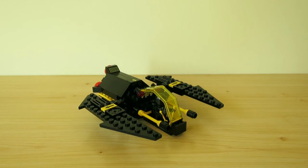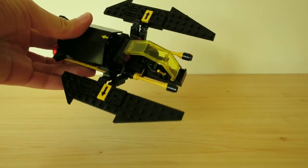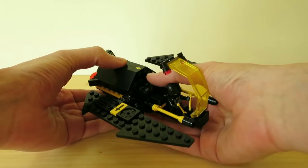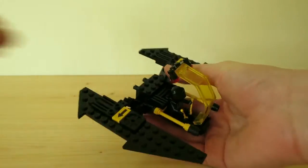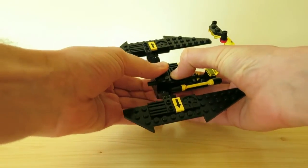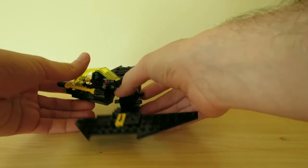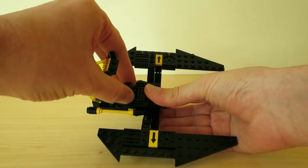Okay, this is what you can do with all the sets. And to be honest, in this version, maybe it looks a little bit like a wiper or something like that. But of course, you can also change or detach the container and also detach the cockpit itself, oops, and rearrange it in opposite directions. So here you go, you can do it like this